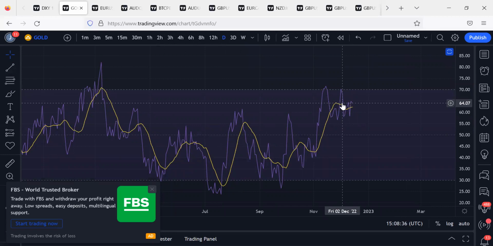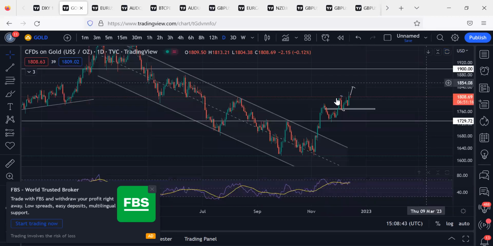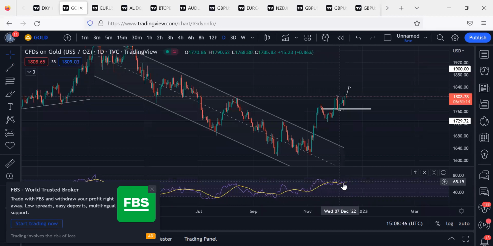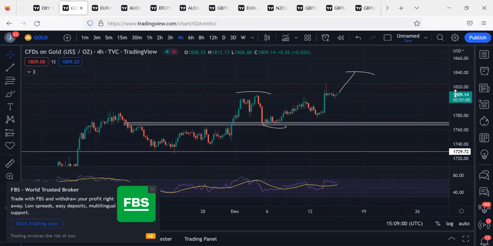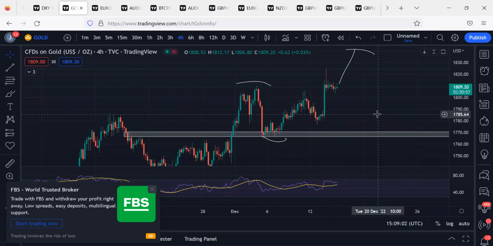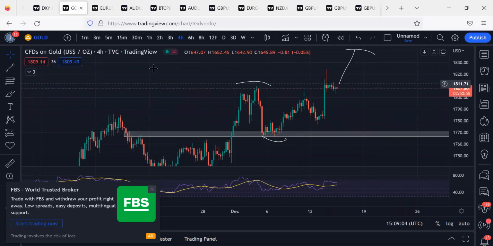These banks and institutions, these market makers, are doing something. Now we've made a higher high again, as you can see. But our RSI is making a lower low, which means that we might be reversing to the downside. Are you getting it? We might be reversing to the downside. So I am not going to take any position on gold, even though we are expanding, until we can find our support.